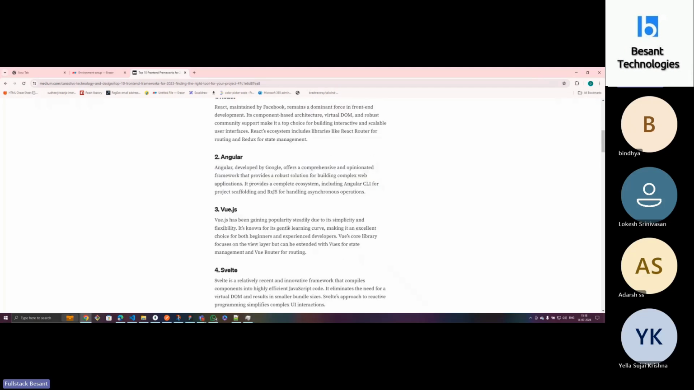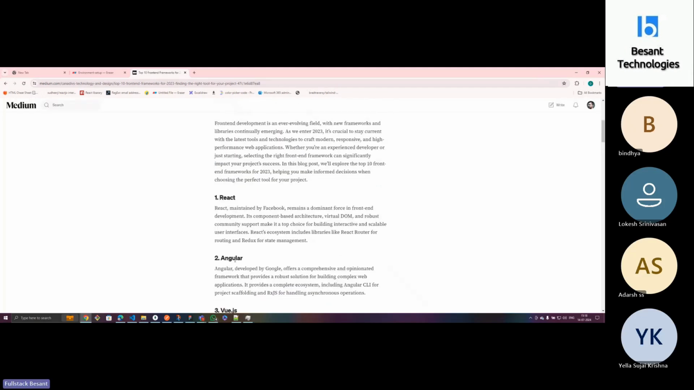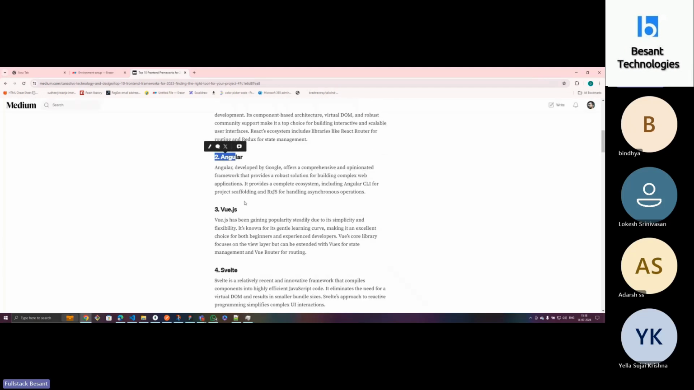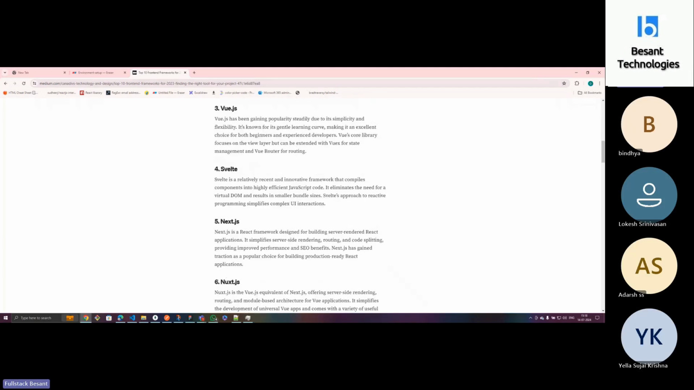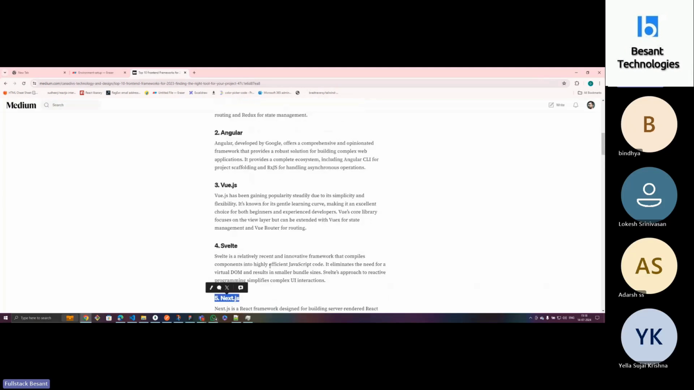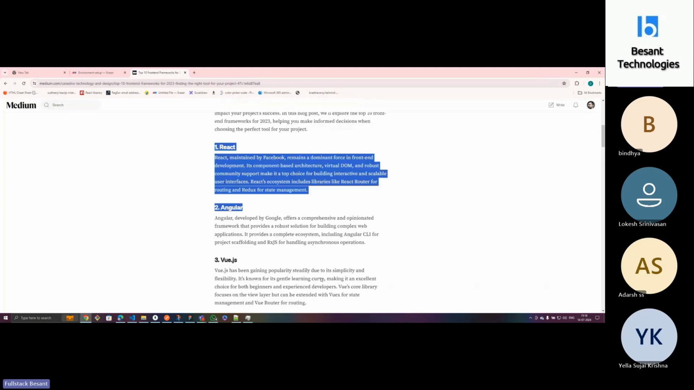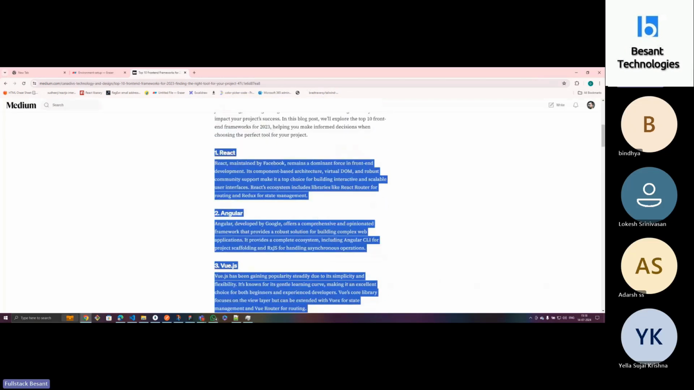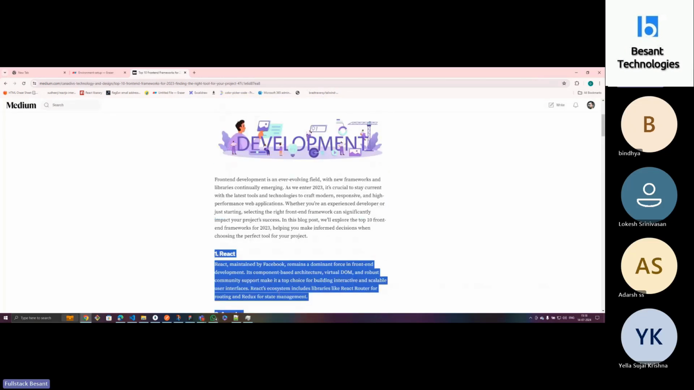Angular is second, because before React came, Angular was the famous one, okay? After that, Vue.js, Svelte, Next, okay? This Next is a full stack framework, okay? So these are all in the market, okay? So as a developer, when you are going to work after HTML, CSS,